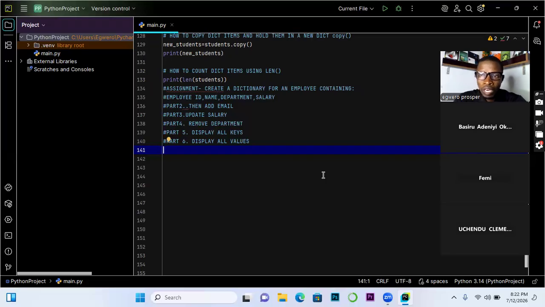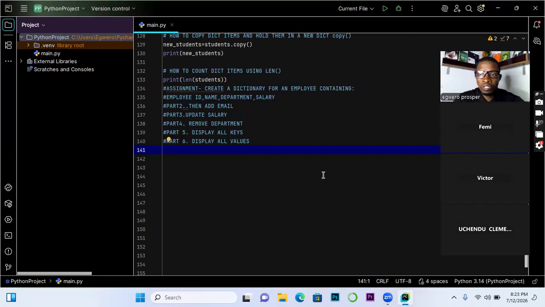We started from how to declare a dictionary, and then we also looked at how to access dictionary elements using the key and some other built-in functions. We also explained dictionary manipulation functions, and we did a lot of justice